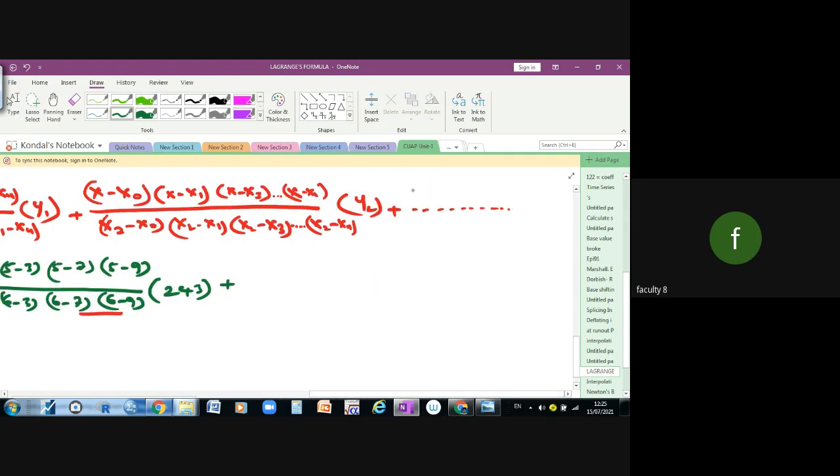So we should take x minus, like that, we should take all the values. Let's see, I'm going to take directly 5 minus 2 and 5 minus 3, 5 minus 6 and 5 minus 9, divided by 7 minus 2, 7 minus 3, 7 minus 6, 7 minus 9, into y3. Y3 value is how much? 375 plus